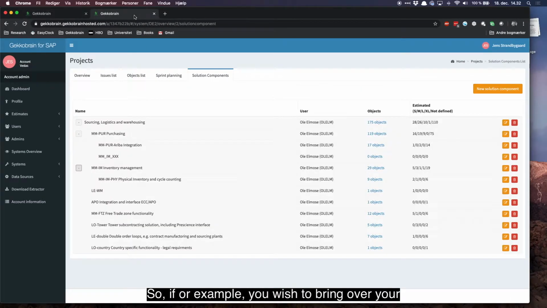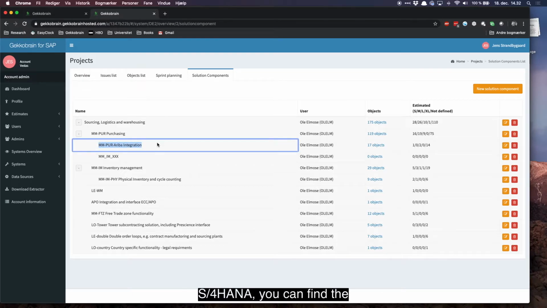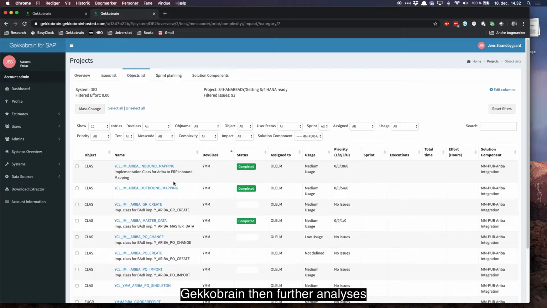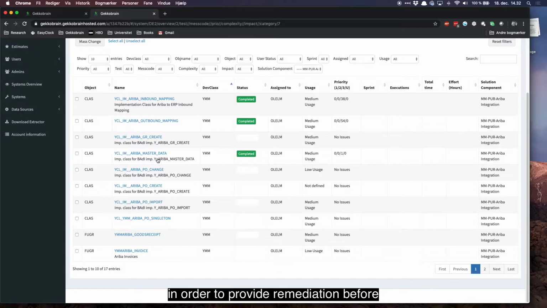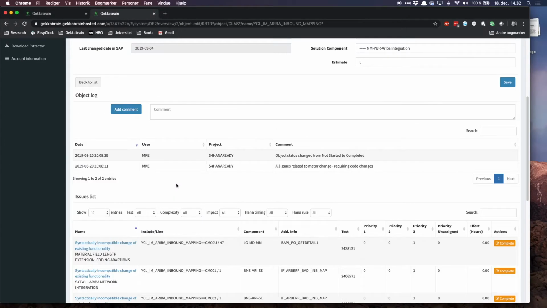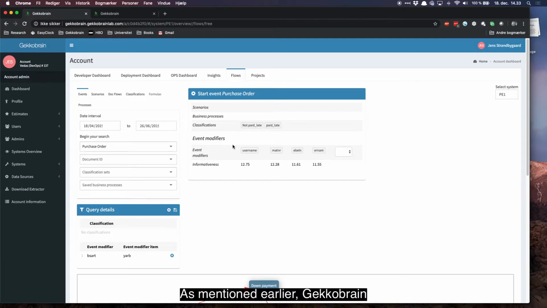So, if for example, you wish to bring over your Ariba procurement integration to S/4HANA, you can find the process in FLOWS, and Gekkobrain will automatically find all the relevant custom programs for this particular process. Gekkobrain then further analyzes this in terms of both HANA readiness and simplifications in order to provide remediation before an S/4HANA migration. As mentioned earlier, Gekkobrain FLOWS uses machine learning, which means that you can label flows or documents,